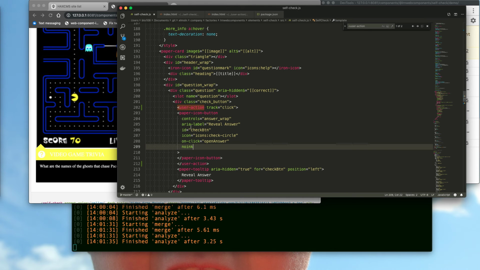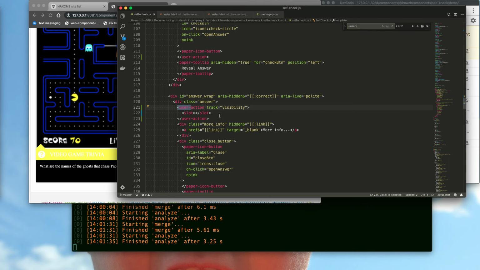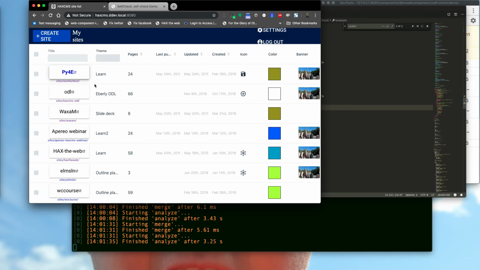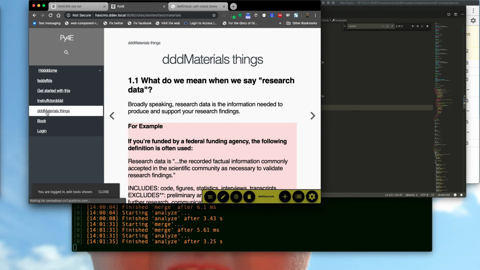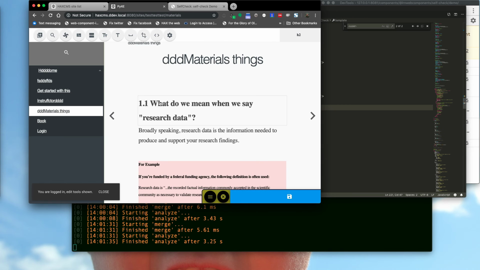To see what that user action looks like, it's basically the same thing. You can see I'm just wrapping this area in tracking visibility. Anything I want to track the visibility of, I can just wrap in this tag. I already started putting this into Hacks CMS and a Hacks editor. So if I was to go to demonstrative course space, I could take this and be like, you know what,